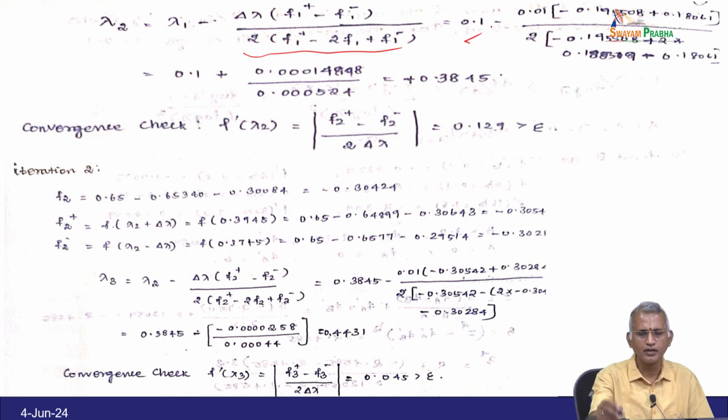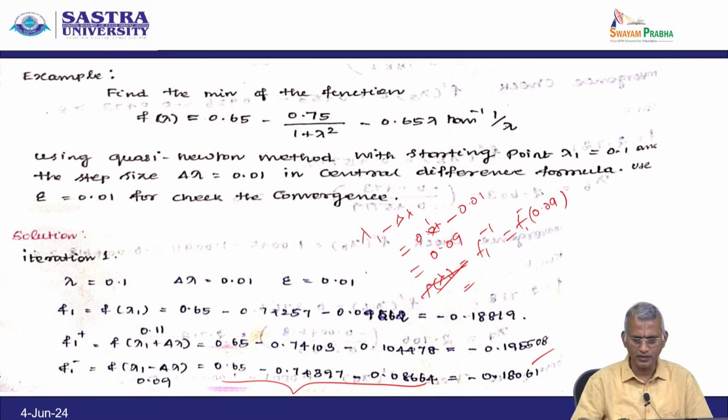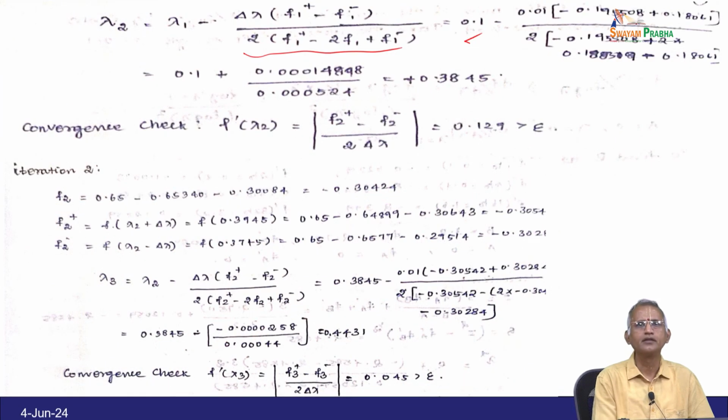Lambda 1 is 0.1, delta lambda is 0.01, and F1 plus found out, this is F1 plus, this is F1 minus. Substitute it, and then divided by 2 into F1 plus minus 2 F1 plus F1 minus,